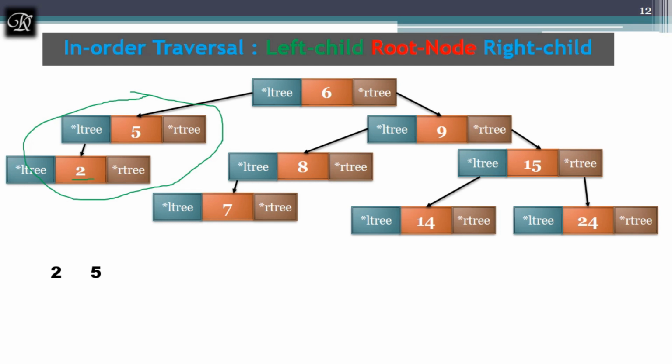See, first go in detail about the left child. Until you visit the leaf node, you have to proceed. Once you have visited the leaf node, print the leaf node and come back, print its root and go to the right child. That is what we did. We have visited a leaf node, which is the end of the left subtree, and I have printed it, and there are no left and right for it.